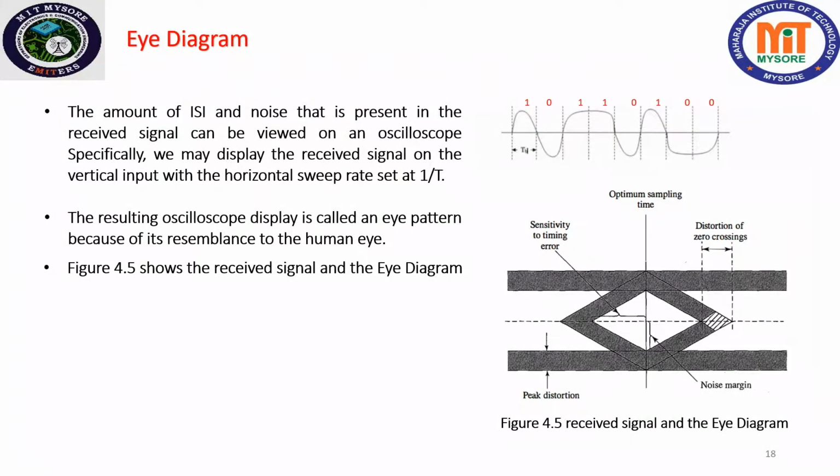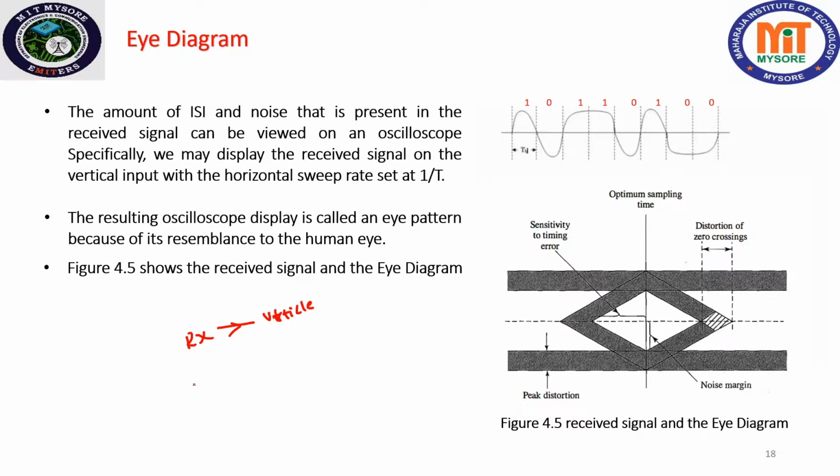Hello everyone. Today we'll study about eye diagram or eye pattern. It is a pattern generated on an oscilloscope which is used to measure the amount of ISI, that is intersymbol interference, and different kinds of noises in a received signal. How is it generated? It is generated by supplying your received signal to the vertical sweep of the oscilloscope, whereas